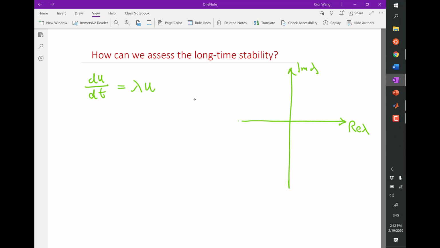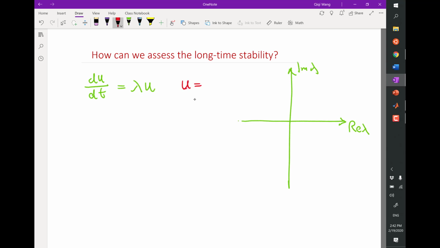Is it the unit circle? Actually, no, because the unit circle contains a little bit of positive real values, right? And the equation wouldn't be stable if lambda is real and positive. So it is not the unit circle. To the left of the imaginary axis. To the left of the imaginary axis is the right answer, because if you look at the solution